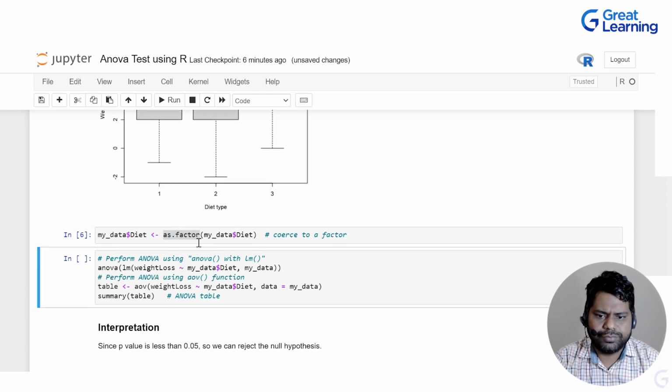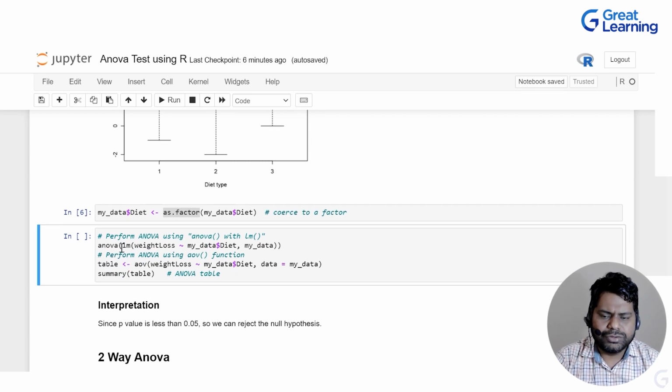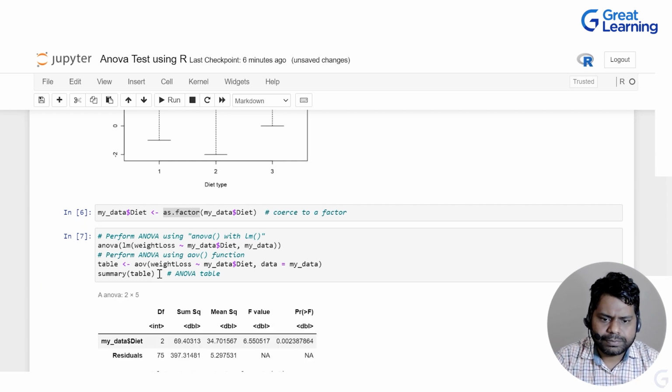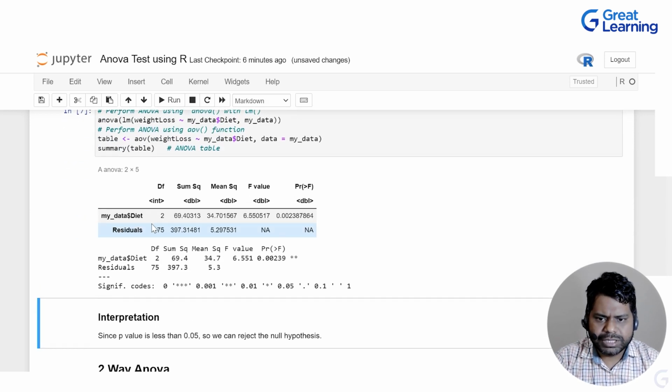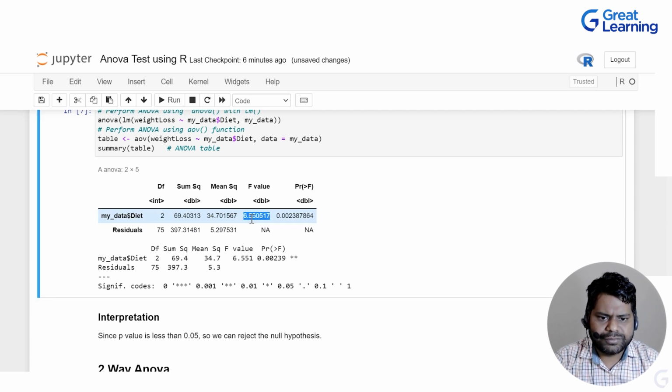Now we will use the AOV function, with weight loss by diet, and the data is my data, and we will summarize it using the summary function. Now when we do this, we can see the p-value is 6.55